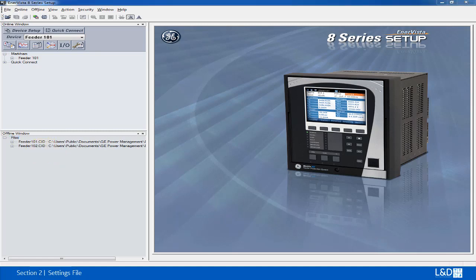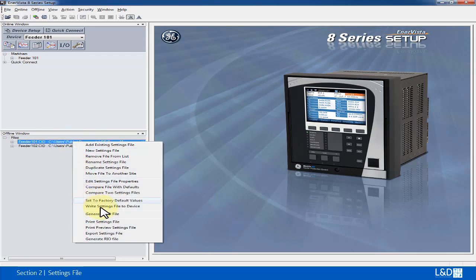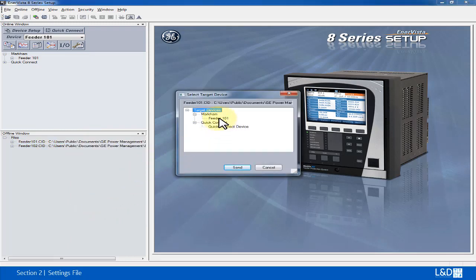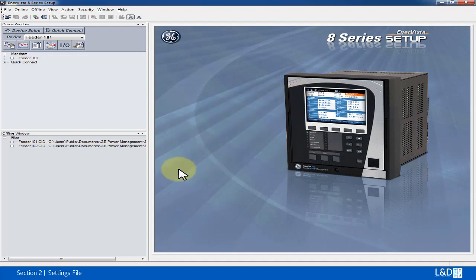Once we made the changes on the offline windows setting file, then we want to write the file back into the relay. There are two ways we can write the file into the relay. First is click the setting file, right-click mouse, and choose Write Setting Files to the device. Then highlight the device to write, click Send button. Just like most Multilin relay